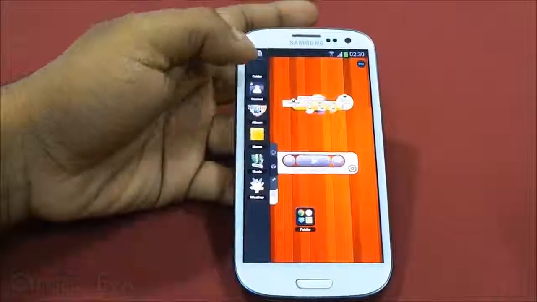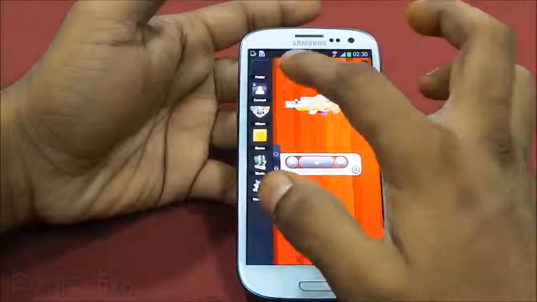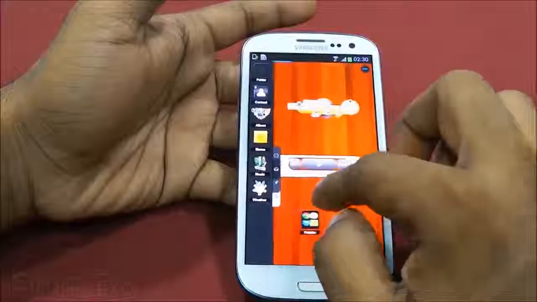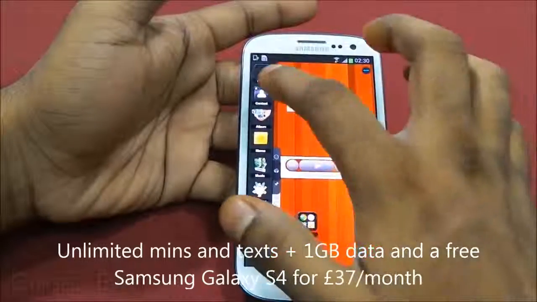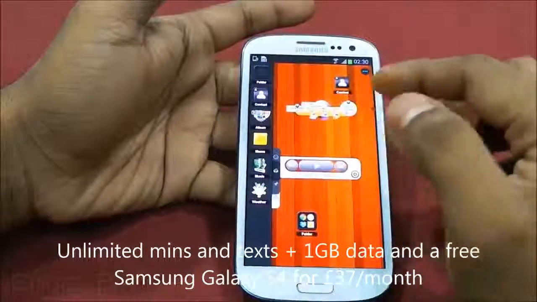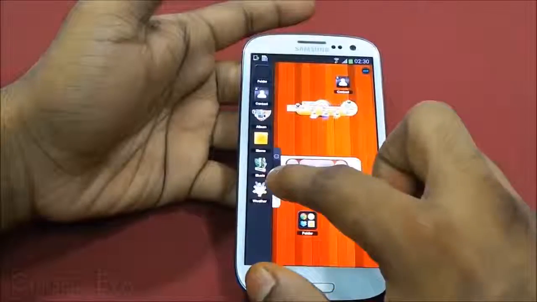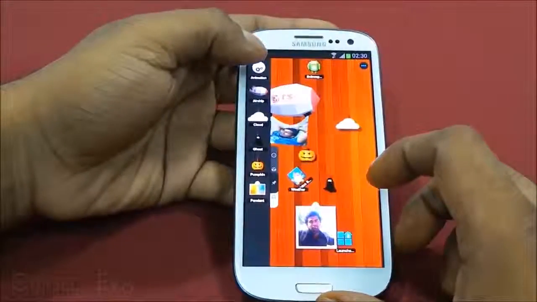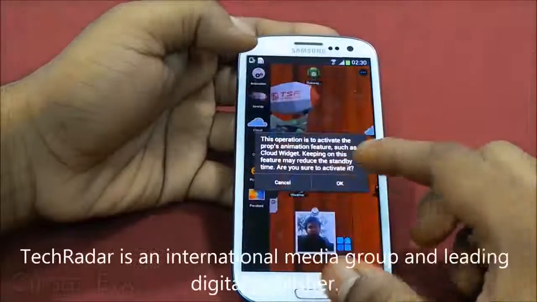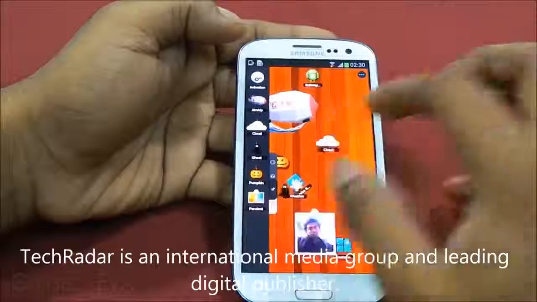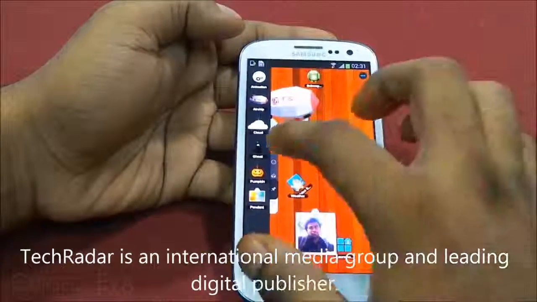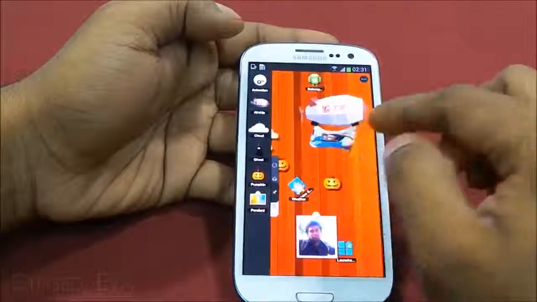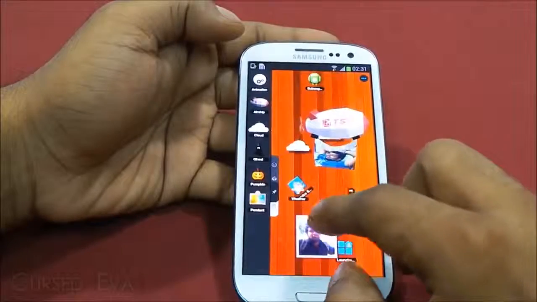So tapping this little thing over here opens up a bar from the left, so you can add a memo or a music widget like this, or your weather widget, or an album widget, or a contact widget. These are the TSF widgets, and then this is another option over here. Again, a few more widgets, like this is for animation. You can add clouds, even a ghost, a pumpkin, and that's the airship. You can add any picture you want to it. So this is the pendant,